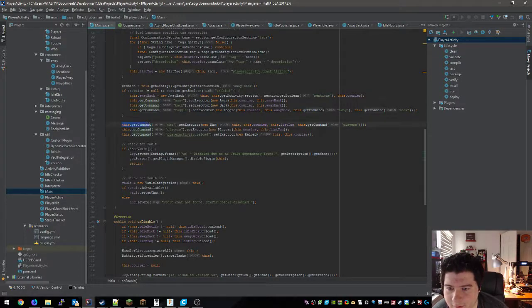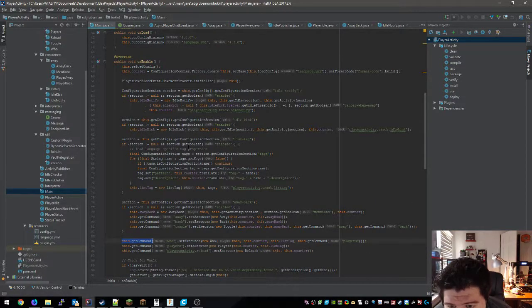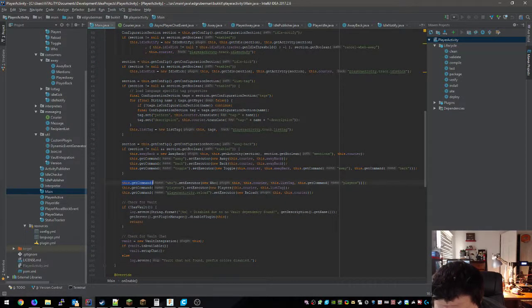This dot get command, maybe it is. Is there some weird method that's doing that? This whole plugin is extremely over my head in some senses, so